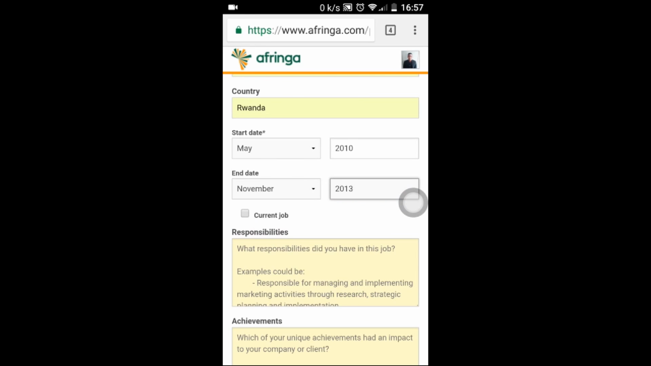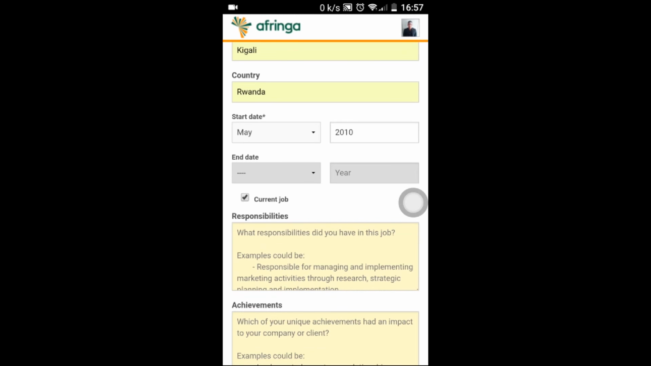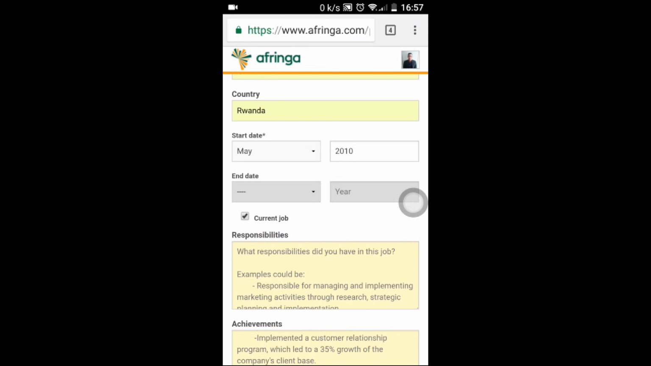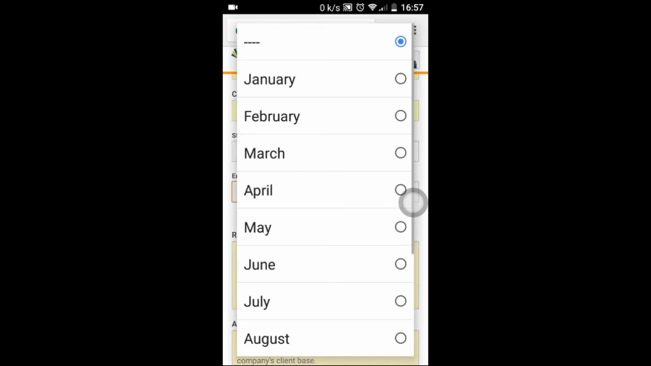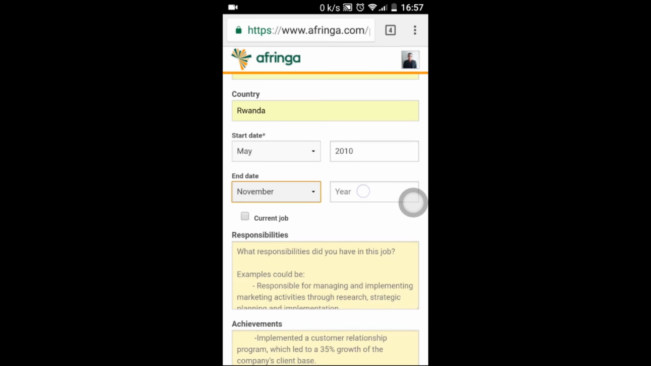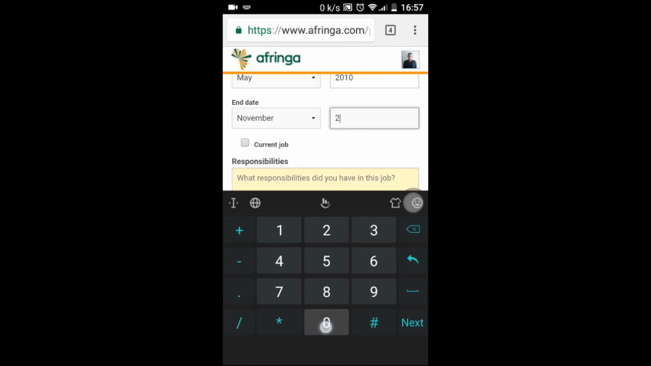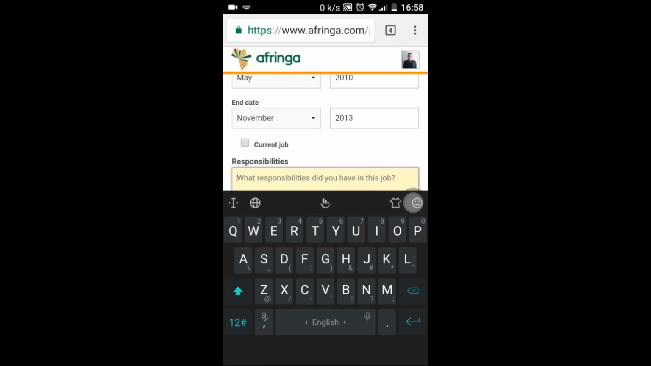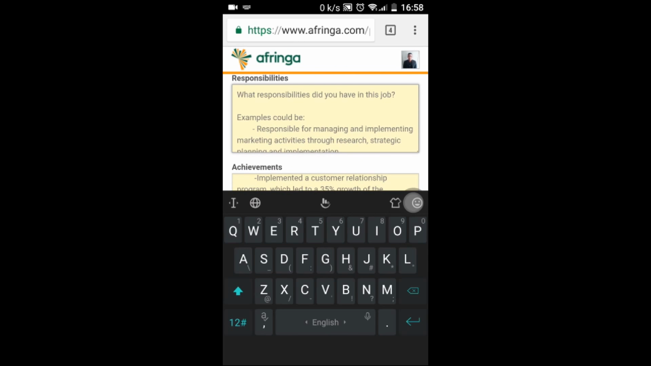Please note that if you are still in this job, all you need to do is to come and tick this current job box, and it will automatically remove the end date to mean that you are still in this job. But in our case, I will indicate November 2013. And my responsibilities, let's put, for example,